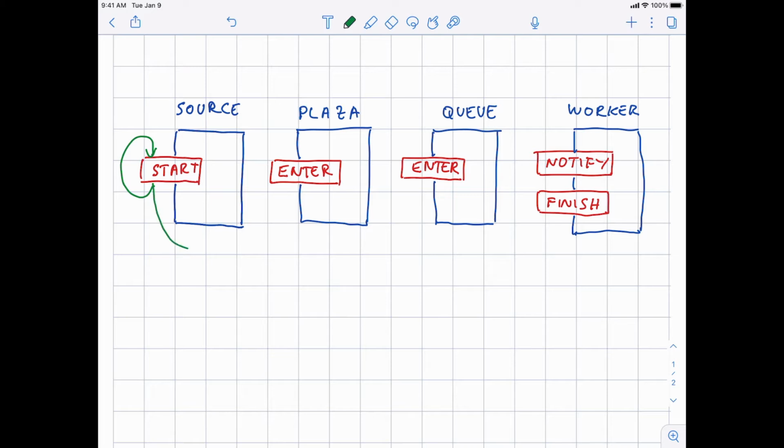And it will also trigger the enter event of a plaza. The enter event of a plaza will trigger the enter event of a queue. Plazas are not equal to queues simply because you can have multiple queues getting people from the same plaza, right? So we want to keep a distinction. But whenever somebody enters a plaza, they will enter a queue next. So, this event will trigger a queue entrance next.